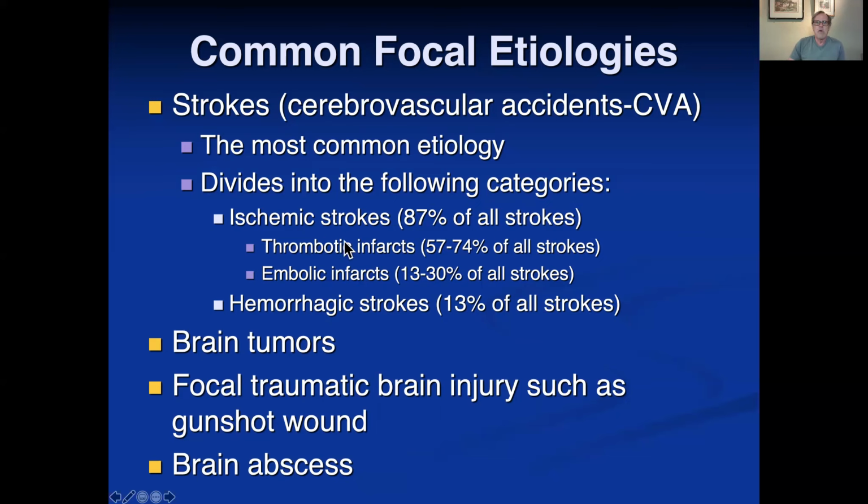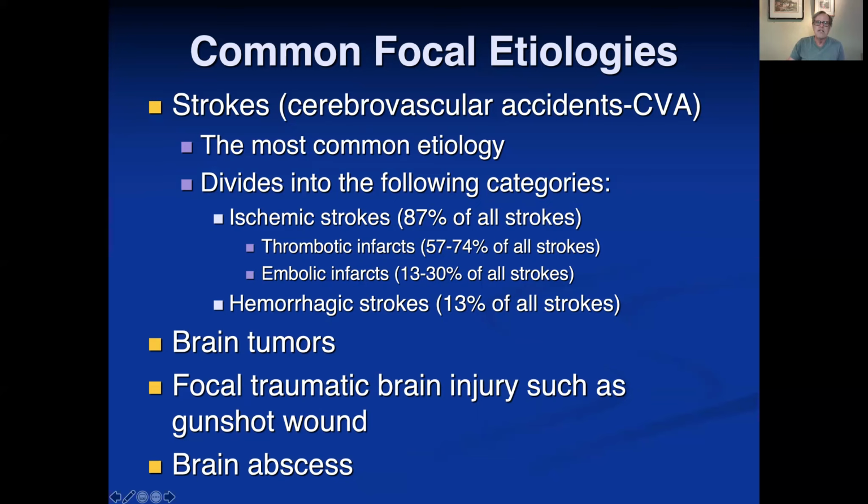All right, now, this is very specific. 13% and 87%, it breaks down into hemorrhagic strokes and ischemic strokes. Why so specific? The reason for that is that hemorrhagic strokes are very easy to diagnose. As soon as somebody gets to a hospital, basically, they're going to do a CT scan. You know what that is from one of your early chapters, and it will show the collection of blood